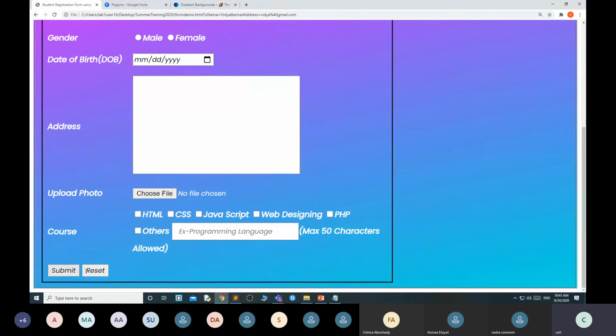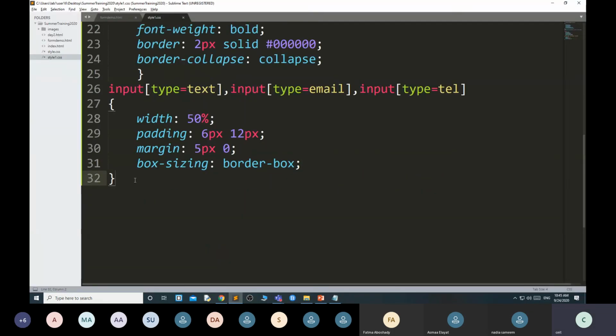Then these 2 button styles I want to change. Then I can use the same thing. Input type submit, then comma, input type reset.